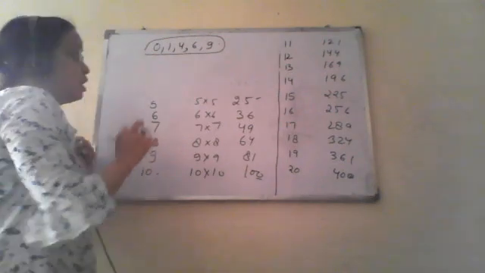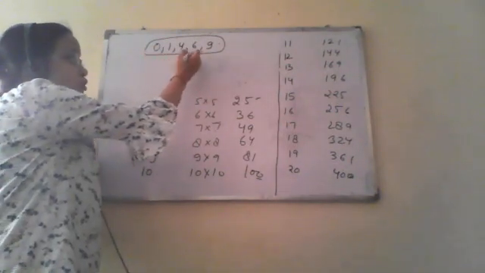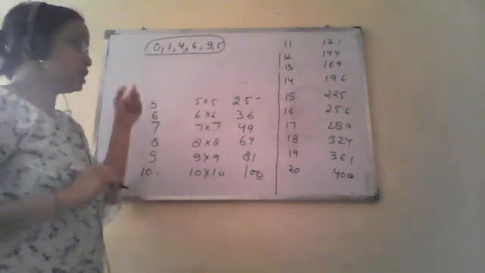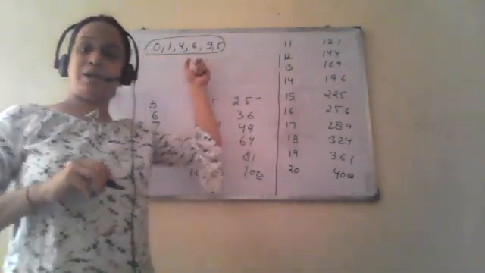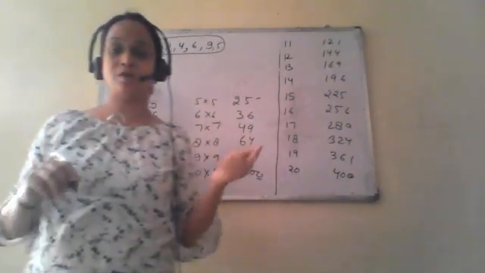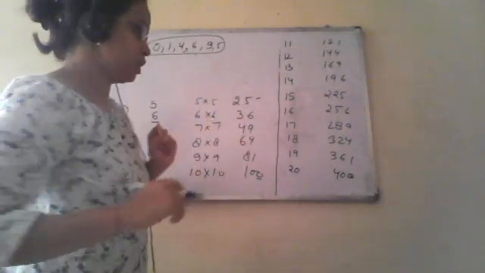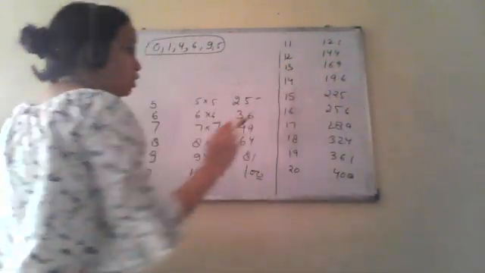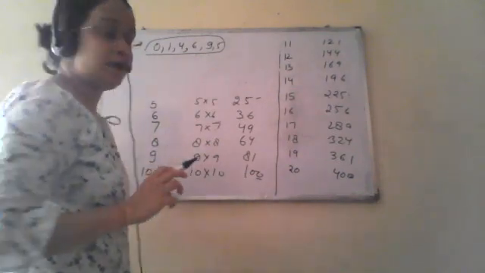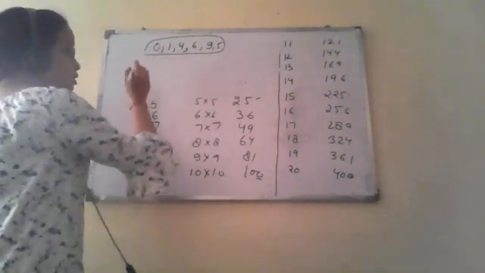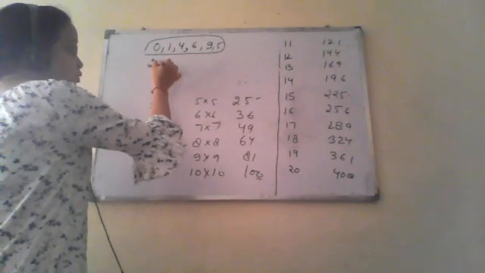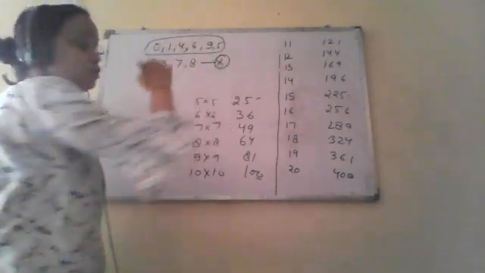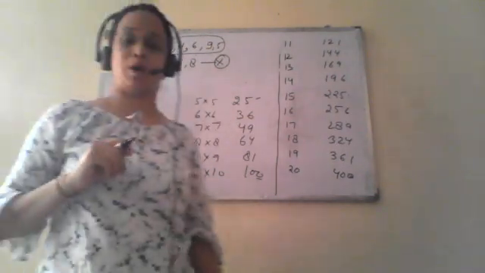Perfect square numbers have either 0, 1, 4, 5, 6 or 9 at their unit place. So these are the numbers you will find at the unit place of a perfect square number. You have seen it can be 1, 4, 9, 6, 5, 0. The numbers you will not find at the unit place of a perfect square number are 2, 3, 7, 8.